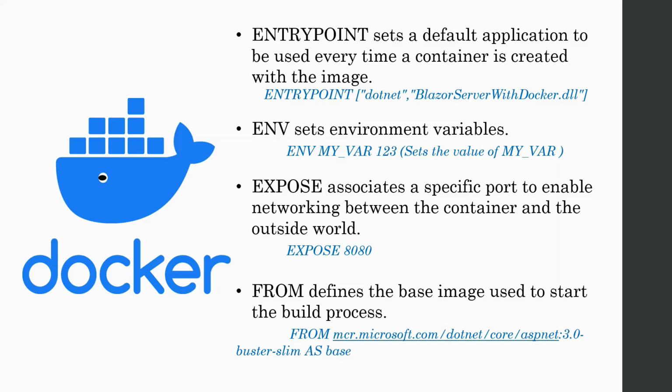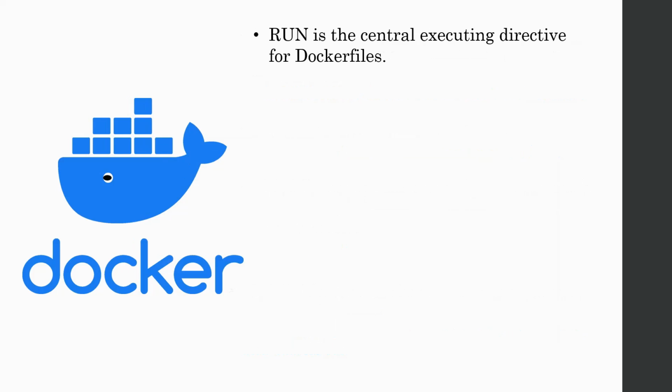And the next command is run. Run is the central executing directive for Dockerfiles. So this will make most sense when you examine this run .NET build. So the .NET build command is run, and what it does is it works with the project file, Blazor server with docker.csproj file, and configures a release version at the output directory